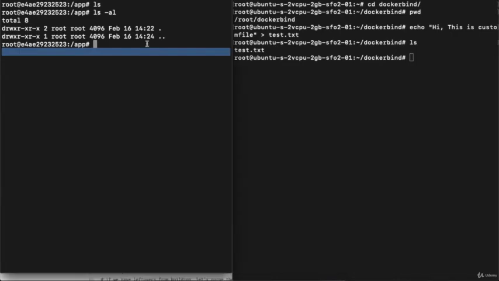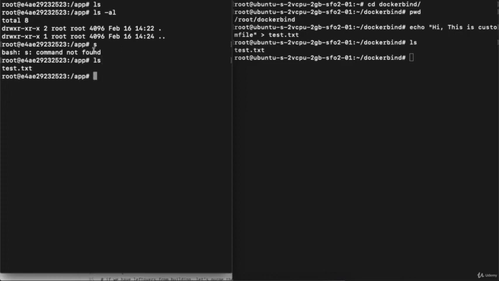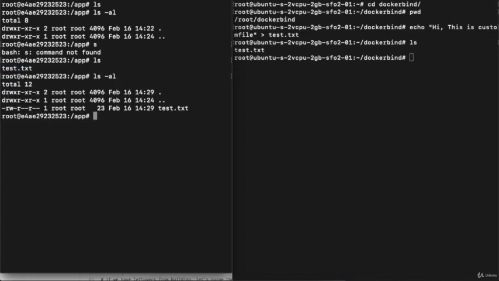Now I will go inside my container and again put ls. You can see test.txt is also present over here. Earlier this file was not present. As soon as I created test.txt on my local machine at a location which I have mounted with the container, the same file is present inside the container as well, right?